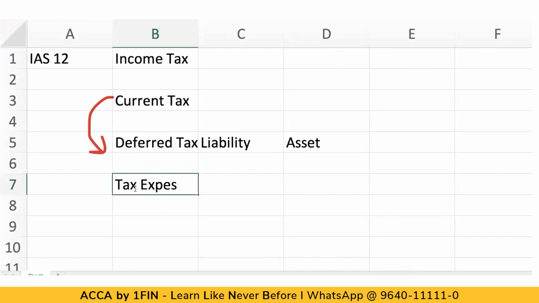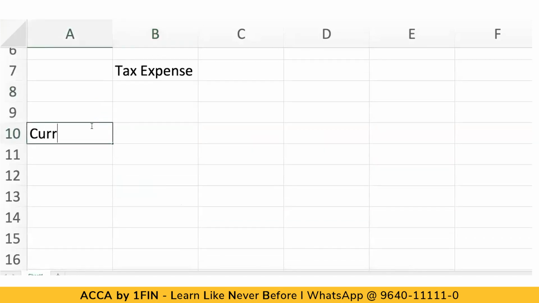Now, you have to be careful in the examination as to what the question is about. Is it about current tax? Is it about deferred tax? Or is it about tax expense? The moment you see tax expense, you have to calculate both the current tax as well as the deferred tax. And if it is asking only about deferred tax, then you just calculate the deferred tax portion and solve the question. Okay. So current tax is nothing but tax payable